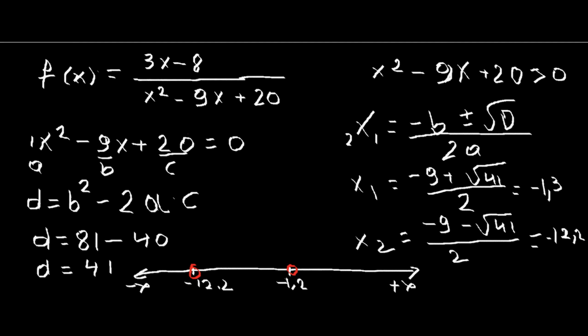Now to determine the areas, we need to find some values that prove our function to be different than 0. So we can pick a value here, 0. 0 to the power of 2 is 0, minus 9 multiplied by 0 is 0, and we have 20. So this proves our function. So this area here